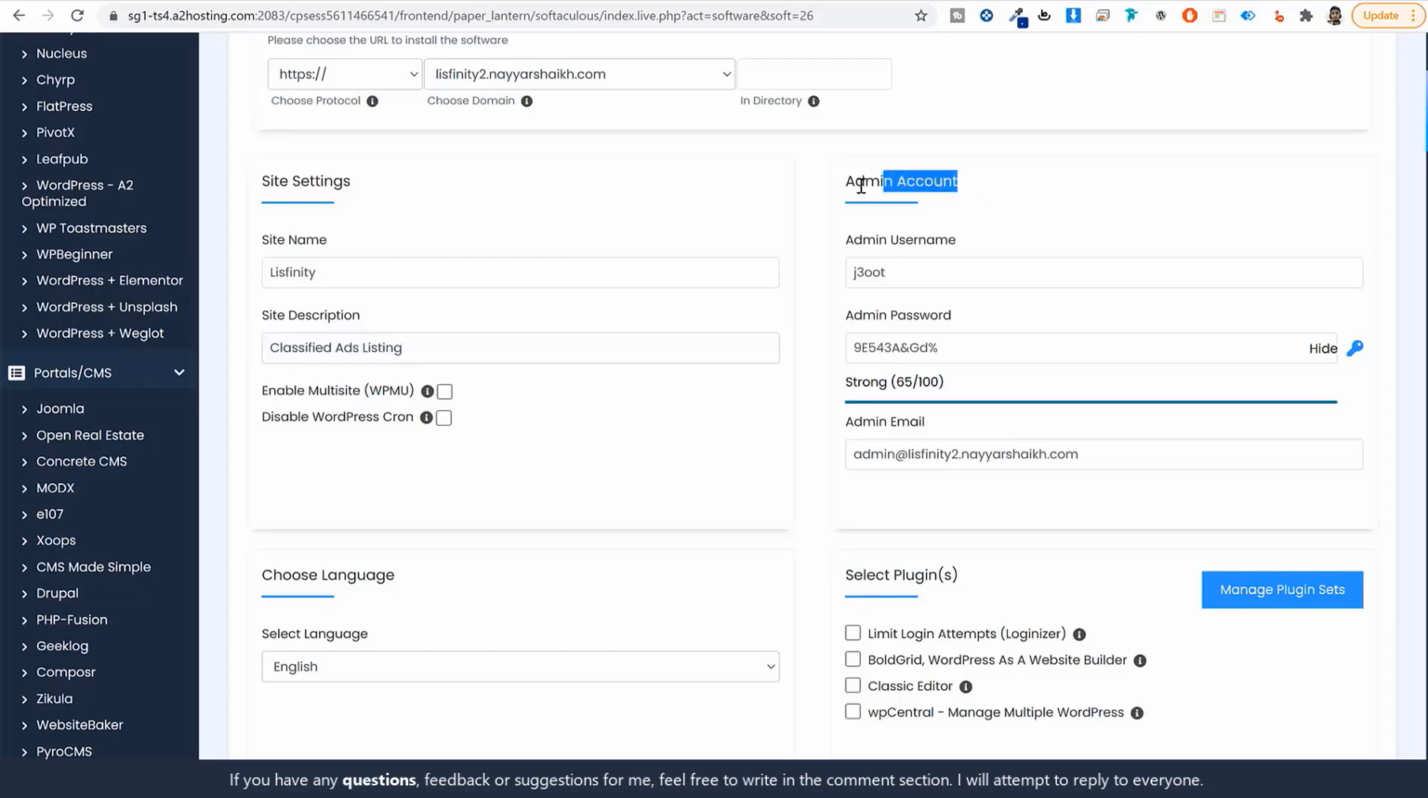Now at the right hand side, you will see admin account. So here you have to choose some username and password for your WordPress dashboard. I would recommend you to not use this thing. Enter your own username and password. So something like this. Also enter your own password. Make sure you have a strong password. Then after that, also make sure to delete this email and type in your own personal email address